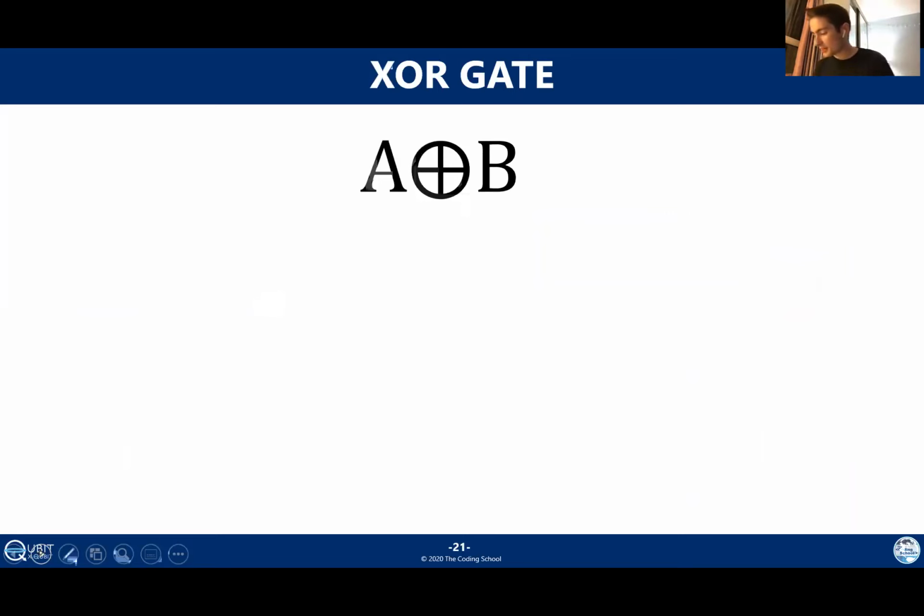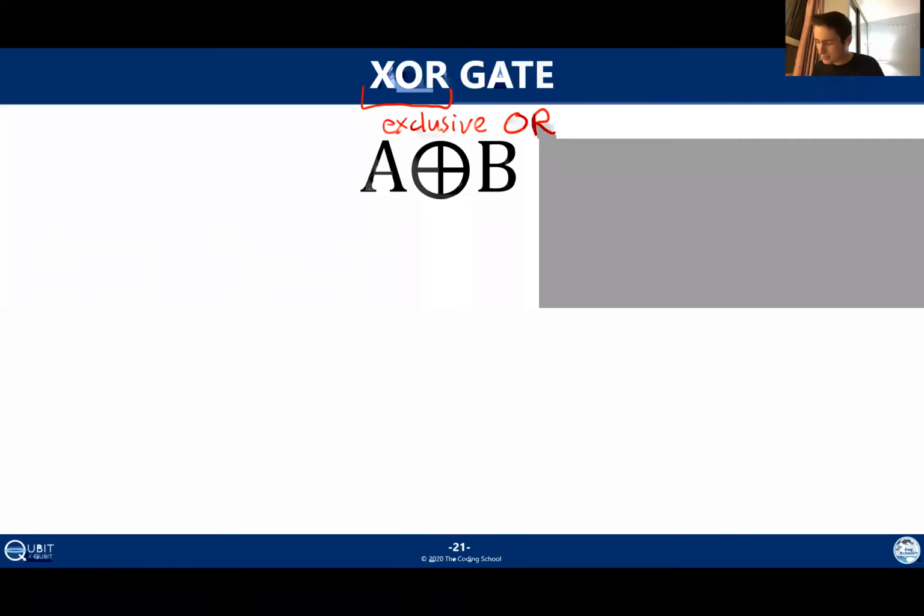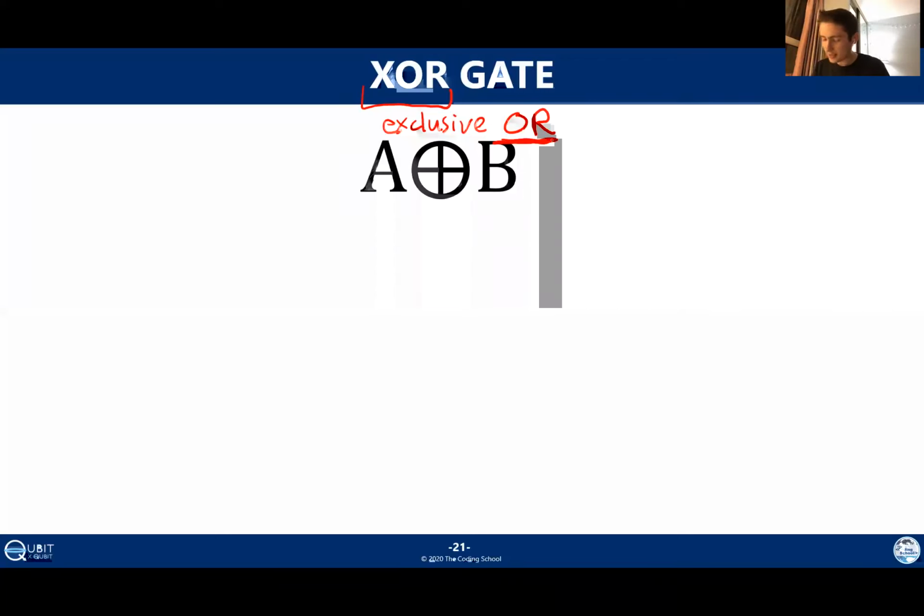The last one we're going to talk about here is the XOR gate, which is a little bit of a unique one, I guess. What XOR actually stands for is exclusive OR. Now, I've always found this name kind of unhelpful. It does include the word OR, and as we'll see in a second, this gate is similar to the OR gate. But the meaning of exclusive is not immediately apparent. So I think for this one, you just memorize what it does.